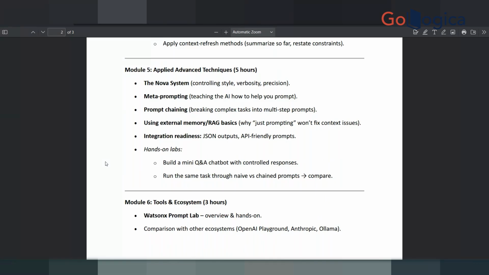API-friendly prompts are basically where we deal with system prompts, because I'm not aware if both of you have implemented any OpenAI APIs yet in your applications. But when you do, you will get to see system prompts, where the prompt is separated from the user prompt. A system prompt is something set up in the backend, which is partially static, and it has a place where you can insert a placeholder for the user prompt.